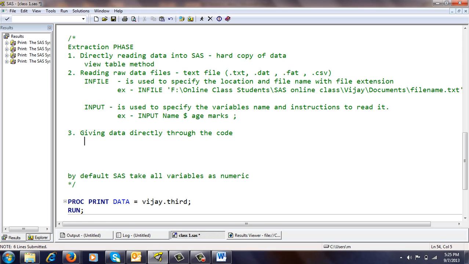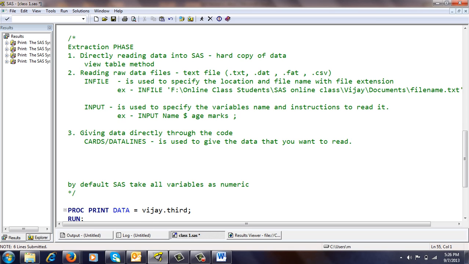For this method, we need to use a keyword called cards or datalines. This is used to give the data that you want to read. How to use this one? We see the examples based on this.